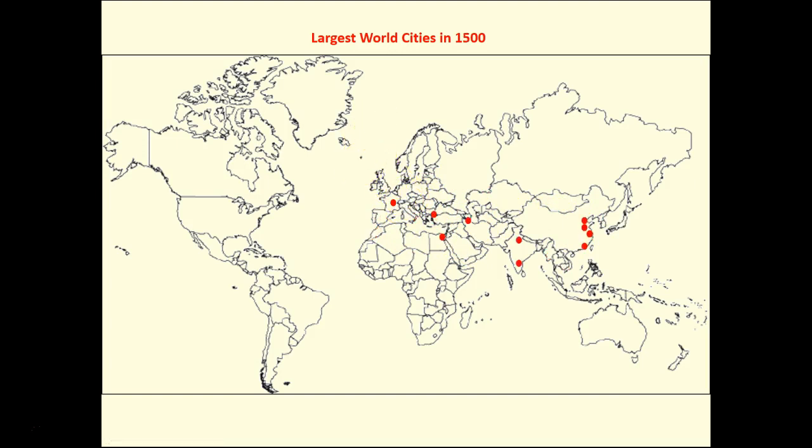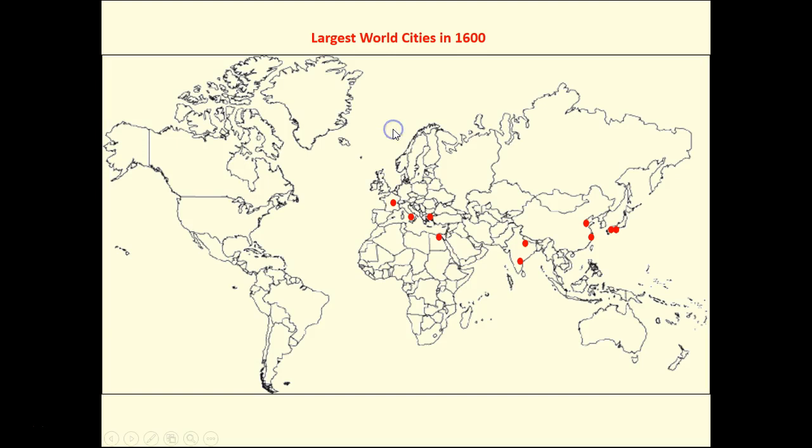1500, 8 years after Columbus, we can see a real Asian hegemony with 2 of the biggest cities in India and 4 in China. Again, we have North Africa still, and we have France. But again, nothing we see in the Western Hemisphere at this point. Now, you're going to see Columbus's arrival in North America, not America. He never set foot in the modern United States of America. But this event facilitated significant changes as we look through time.